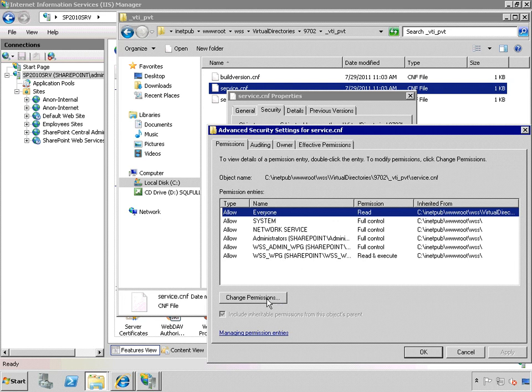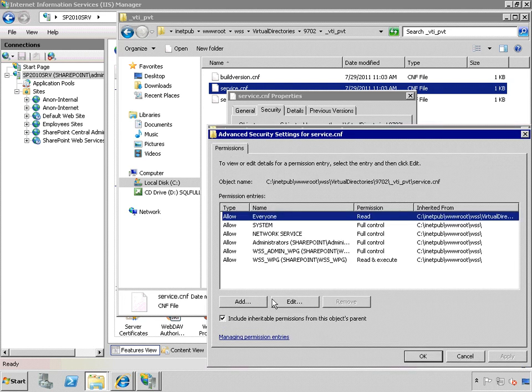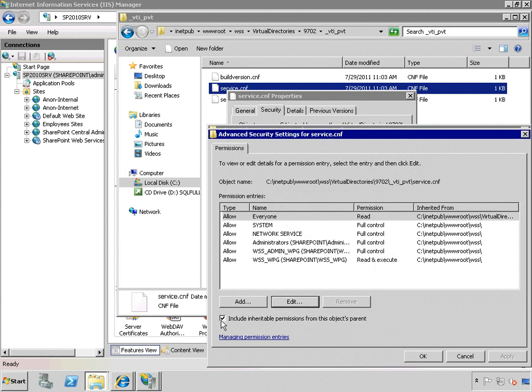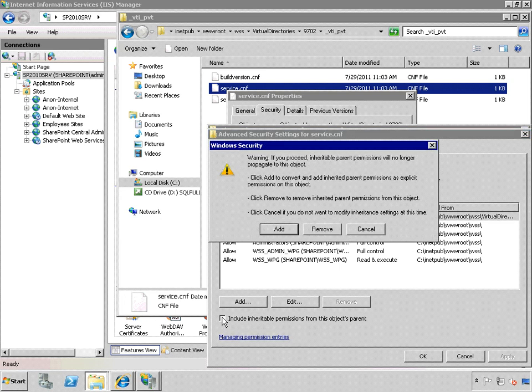On the Everyone entry, we're going to choose Change Permissions and Edit. Actually, we don't want to choose Edit because we want to break the inheritance. So click Cancel and deselect the checkbox next to Include inheritable permissions from this object's parent. It's going to give you a warning. If you proceed, inheritable parent permissions will no longer propagate to this object. Click Add to convert and add inherited permissions as explicit. Click Remove to remove inherited parent permissions from this object. But actually, we're going to click Add